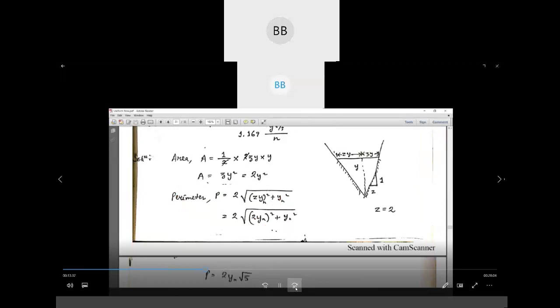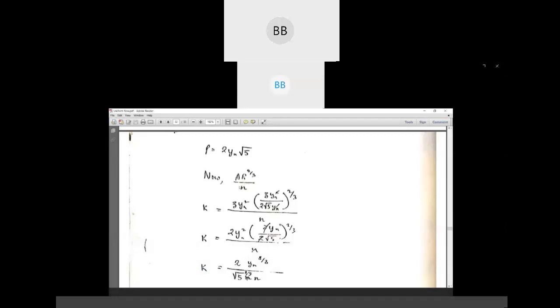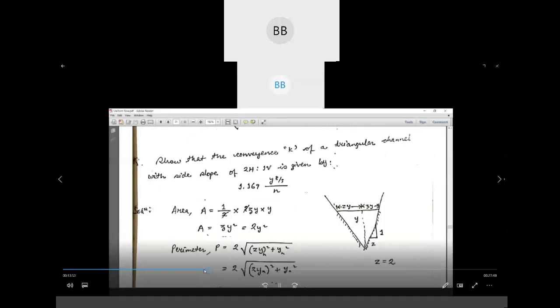Derive for area, then you have to go for wetted perimeter, then you directly use the expression for K. So we have two expressions, one related to Manning's and one related to Sage's. As in the given expression, what we need to derive,